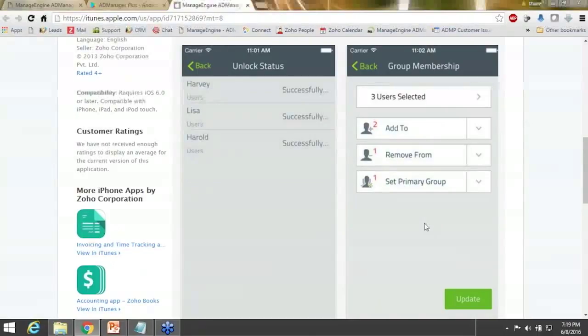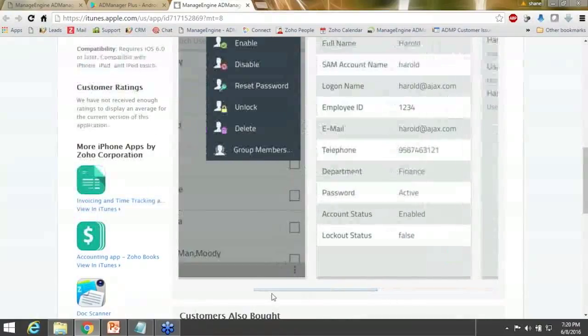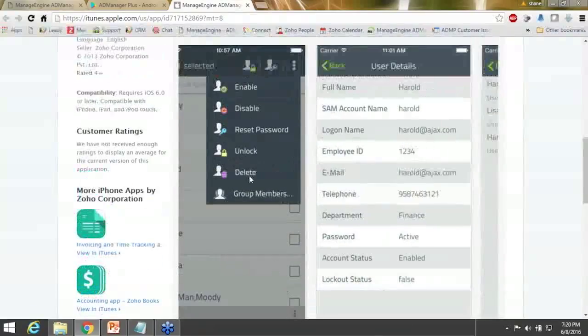So let's say I'm away from my desk. Let's say I'm away from my work, but I'm still connected to my network. I can perform these very helpful help desk technician tasks through my mobile phone itself. So I could go ahead and unlock users, reset their passwords, enable them, disable them through my phone. Okay,